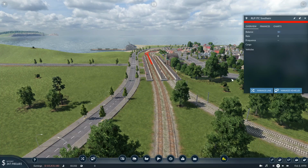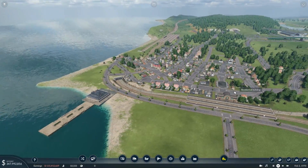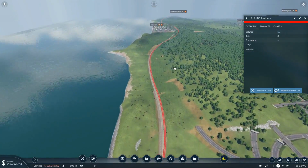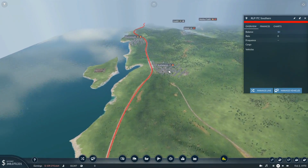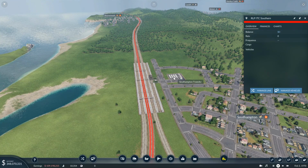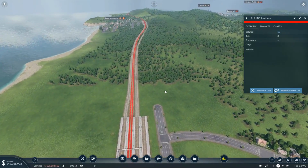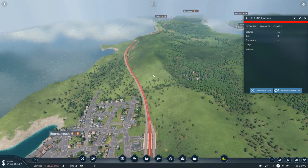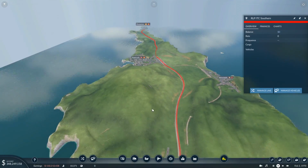The intercity rail, the rail passenger intercity southern. Now, this one heads from Dover. It heads along. It will be a diesel train. It actually bypasses Brighton. It heads out to Southampton. Now, I've placed bus stations and stuff near the train stations. I've configured some of the train stations, etc. But I've not added commuter routes yet, only in Penzance, for some weird reason. It then heads out to Bournemouth. It's then going to head out to Exeter, Plymouth, and then head to Penzance before it comes on its way